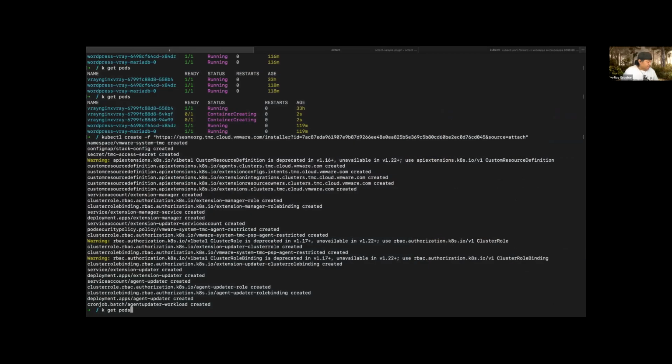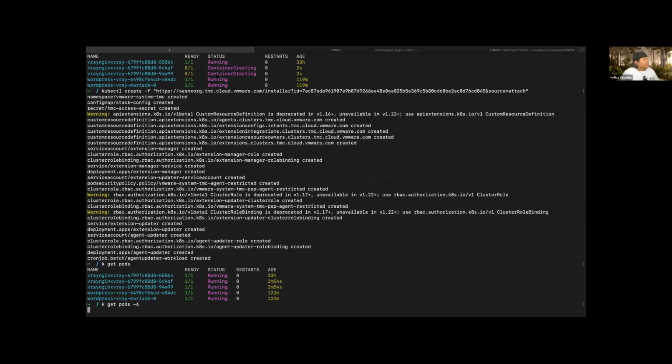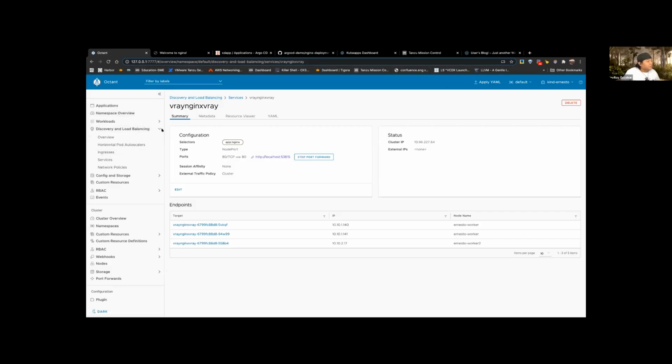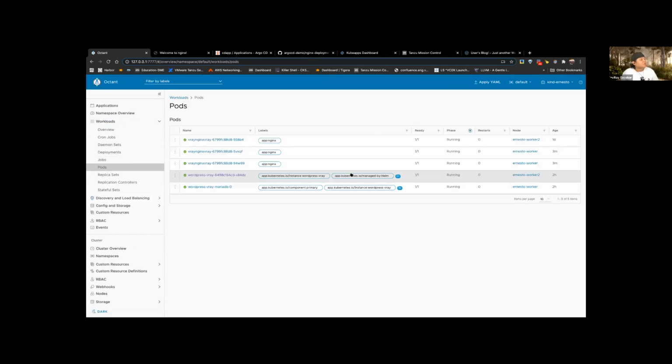So let me see what is going on. Oh, by the way, I can do it here, or I can do it from the Octant project. It depends on what instance I'm on.